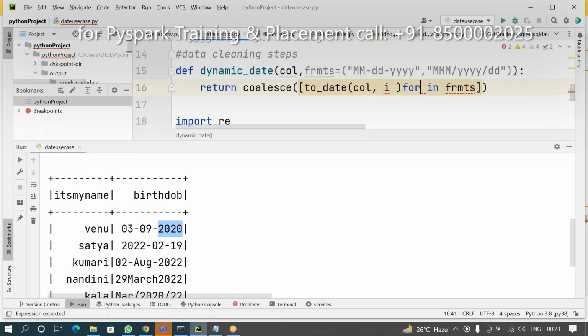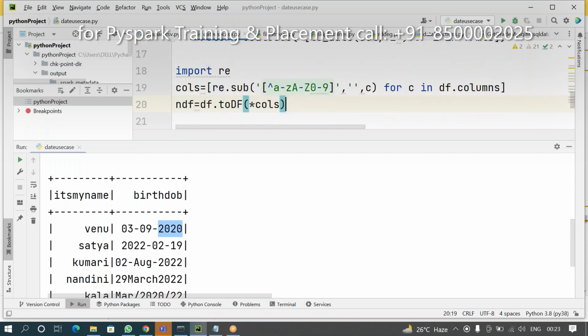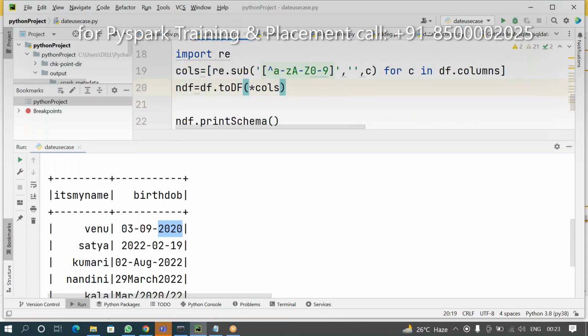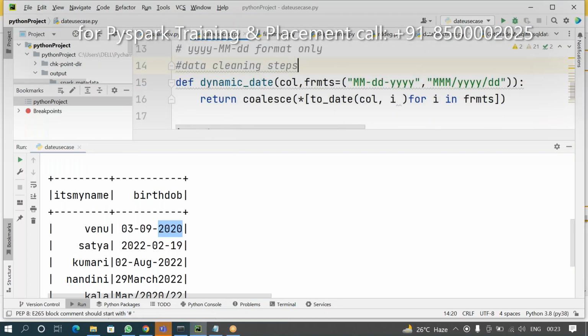Now for i in, now this is correct. Maybe you are using multiple columns, so use star. Yes, this is one function. Now what are you doing? Add this function. Now you created one function.